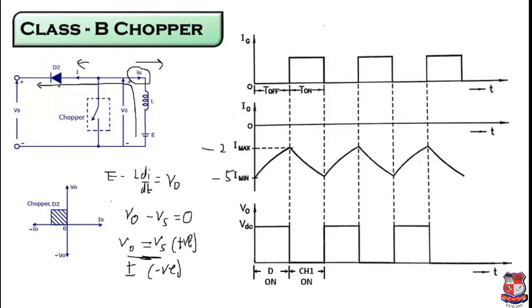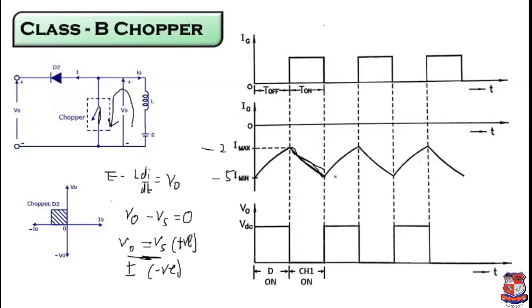So now what is happening, after this switch is made on. Okay, so now let us consider this circuit. Now when switch is closed, then what will happen, this will be flowing over here. So now again you will have to write the equation. So instead of this Vs, now you will get the output voltage to be 0, but current is still negative. So current is still negative and it will increase. Okay, it will increase. So increase means maximum value to minimum value. So current is still increasing.